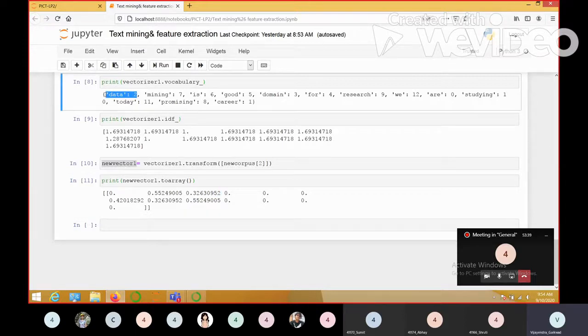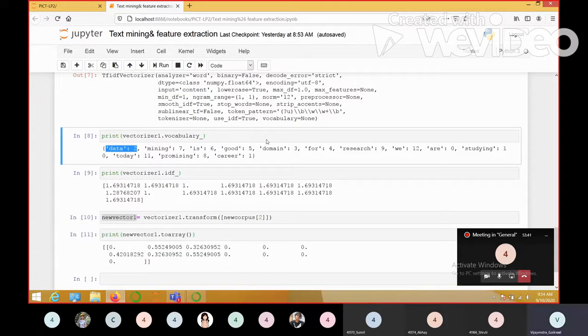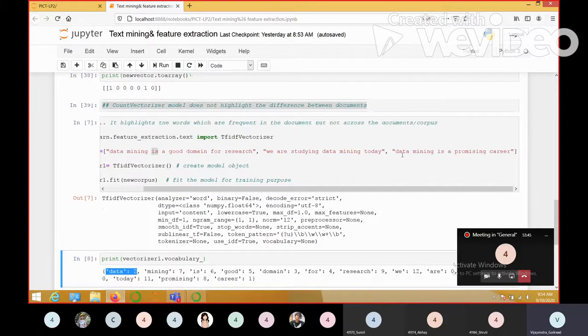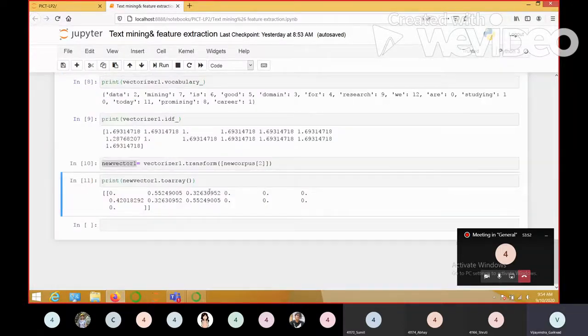Data, right? Is data appearing in the third? Yes. Is it appearing in any of the others? Yes, it is appearing in all of the other documents. That is why its value is least. It is least significant. Understood? Are you getting my point?